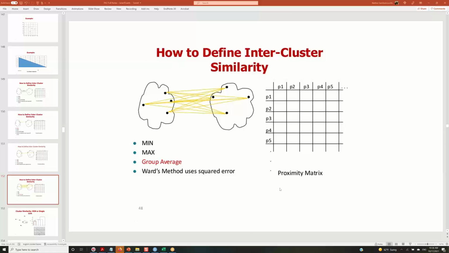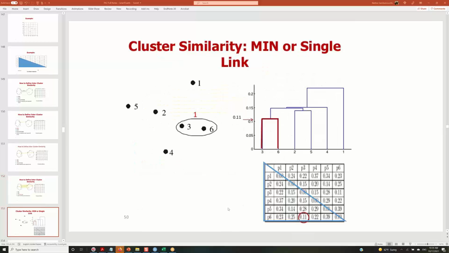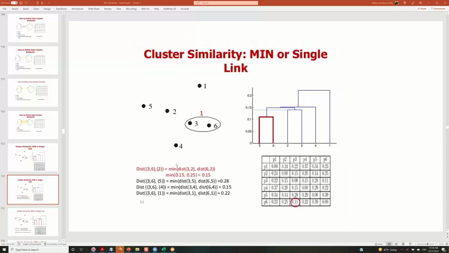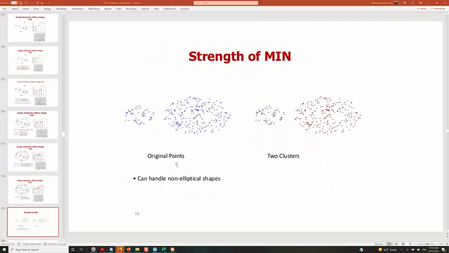So you need to have the proximity matrix, or how close each of them is, which means basically you have to create a distance matrix. Okay, are you with me? All right. So now the minimum is also called single link, because it is just the only one. This and this is what determines. Single link determines whether the cluster should be joined or not. The maximum is also called